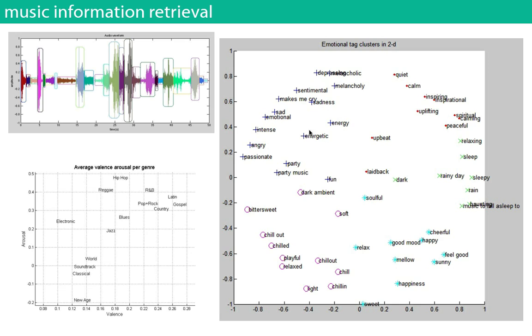And I was producing graphs like this. What you're looking at, the big graph over here, shows tags from Last.fm. How many of you guys know Last.fm? You know that internet radio? Most people, okay. You can tag music, and so you can do a lot of things like clustering different tag words together based on how much they co-occur in different songs. You see that sentimental, sadness, emotional, intense, all of these cluster together. And then you have a chill out area here, rainy day, sleepy. So a lot of the words cluster together.